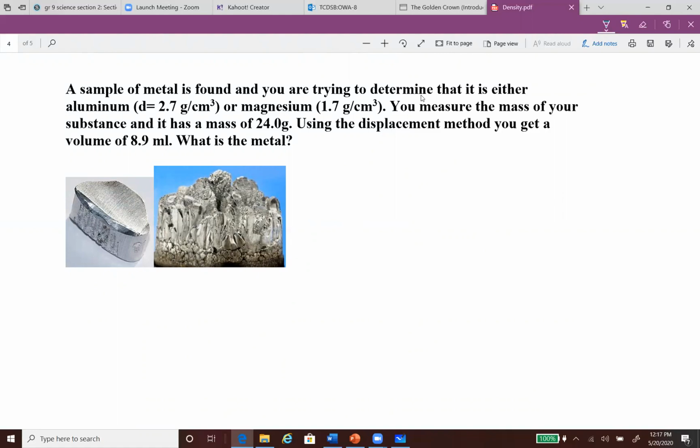Aluminum would react with oxygen, but it won't burn. So it's not going to be the same thing. Now, what we could do in this case is we could use density to figure out the